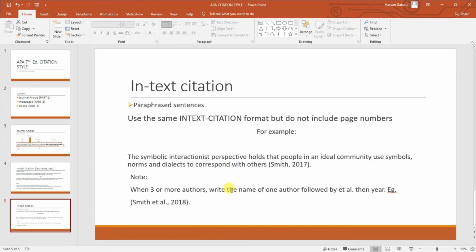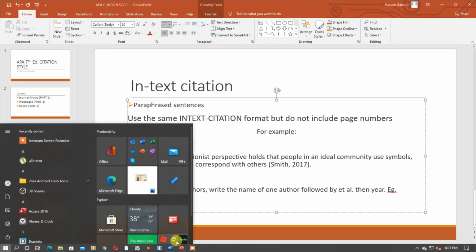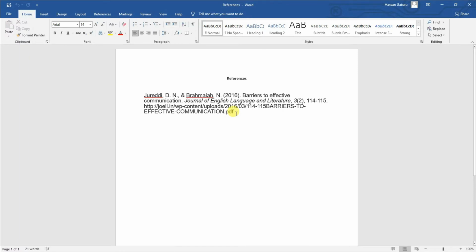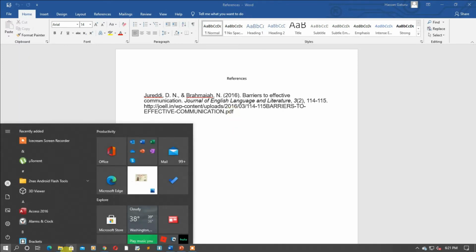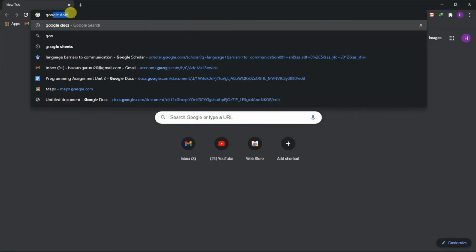Now another thing, guys, I want to show you how to organize your references in APA. So as you can see, I have only one reference here. Now I want to add some other reference from Google Scholar. You can use Google Scholar